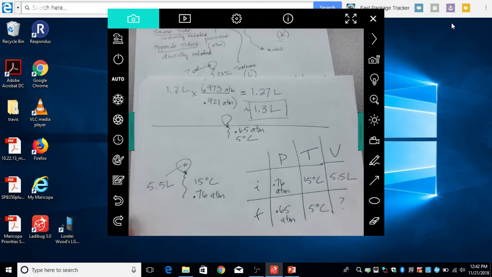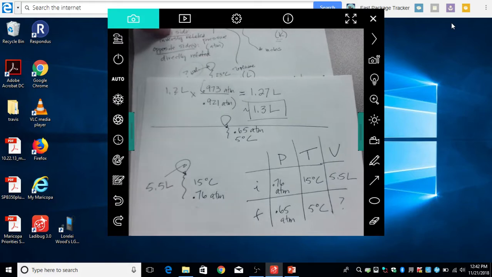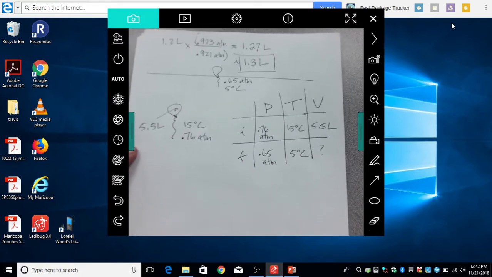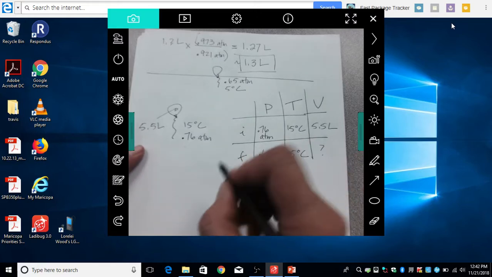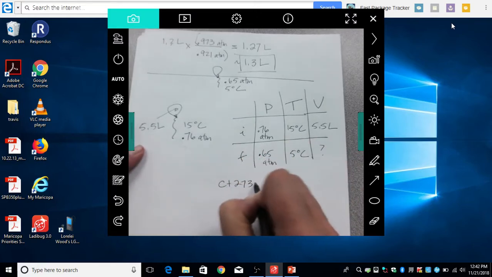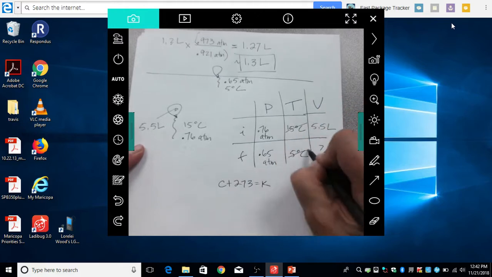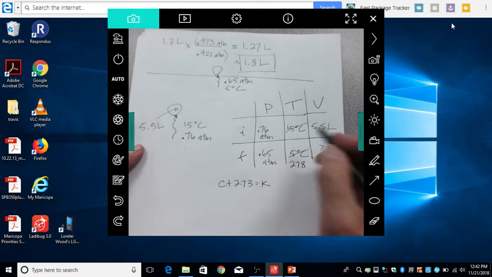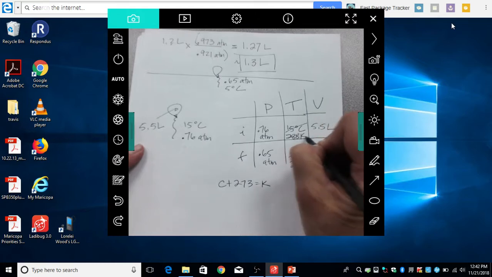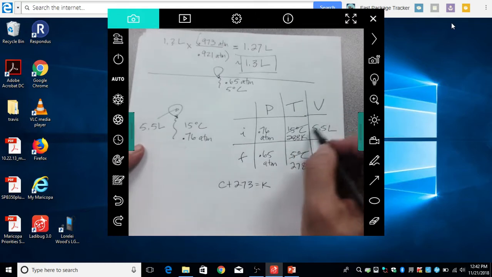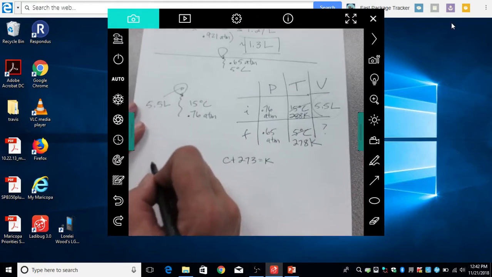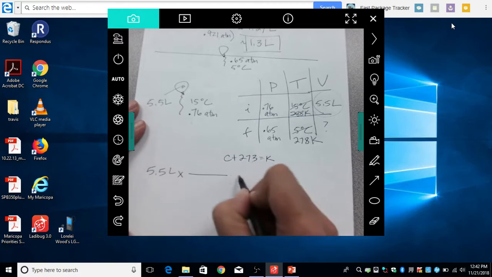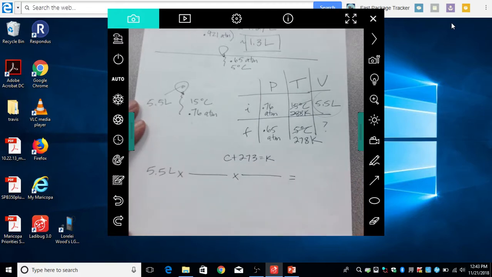All right, our pressure units are good, but what units do we have to change in order to make it copacetic here? Temperature. We've got to change our temperature value. So Celsius plus 273 is Kelvin. So somebody add 273 to 15. So 273, 278, 288. Thank you. All right. So now same thing. You're going to start with your variable that's changing, the 5.5 liters. Oh, I didn't show you the Corwin way to do this, did I? I'll show you that on Monday.